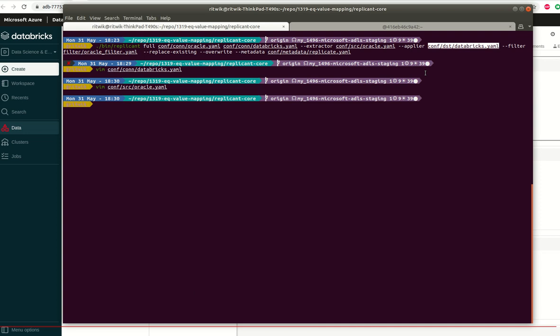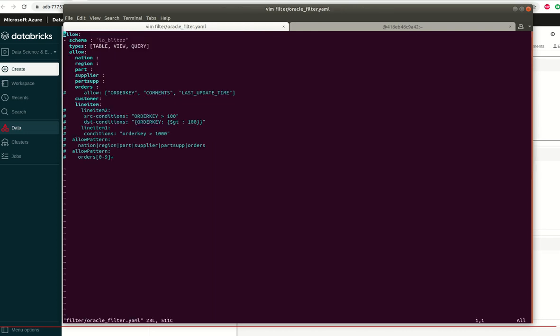It is similar to the extractor, and here also you can customize the number of threads to control the extent of parallelism that you want. Then comes the filter file. Let's see what it is.